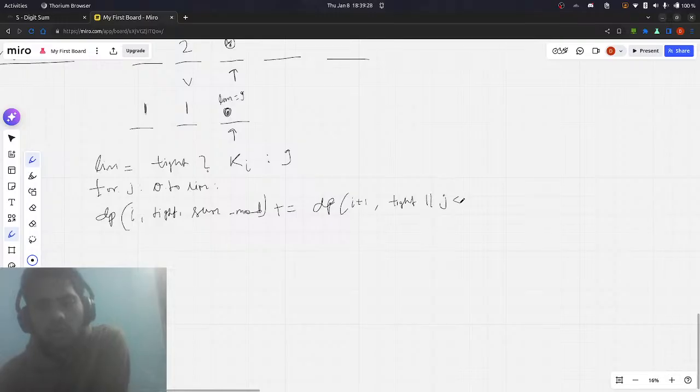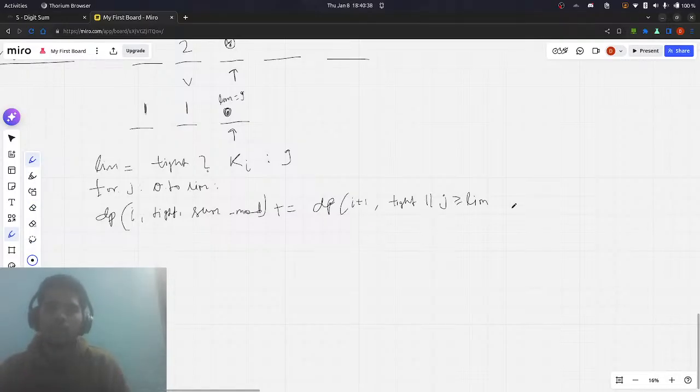This or depends. So if we take j as limit only, that means we are tightly packing it, right? So if not, then this means it is loose. This means it is tight. Okay, so what does this mean? Tight means we can only have this, right? So this condition will be